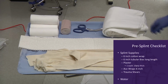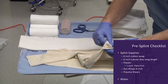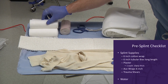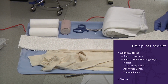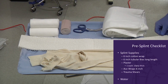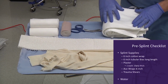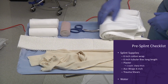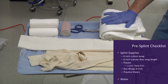These are our supplies for our coaptation splint that we place at Harborview Medical Center. We have a long strand of 6-inch tubular bias. We have 6-inch cotton web roll. We have generally a 10-ply thick 5 by 30-inch plaster slab. We have our scissors, ace wrap. Then we also have a pillow or a sheet that you roll up and tape to use as an abduction type pillow